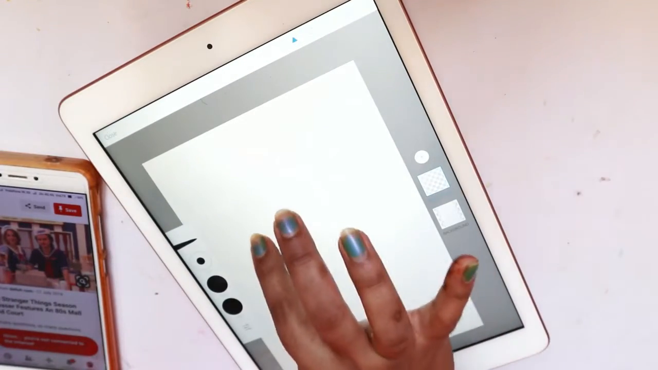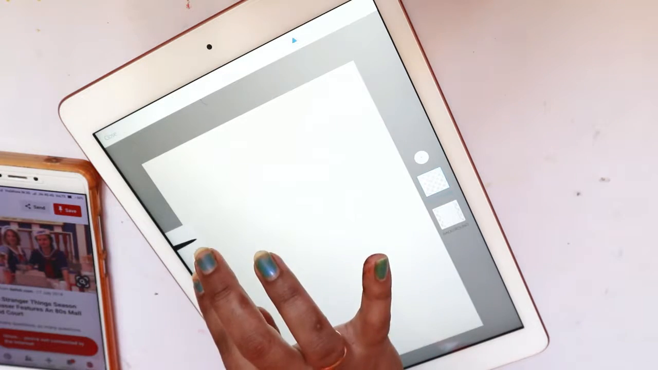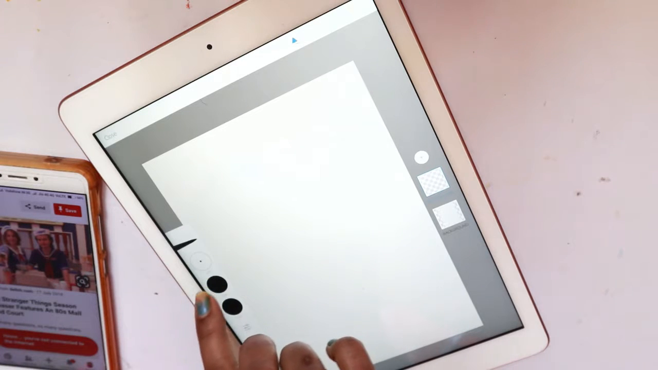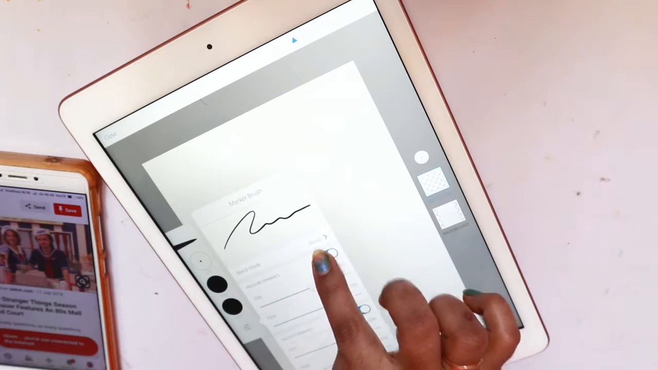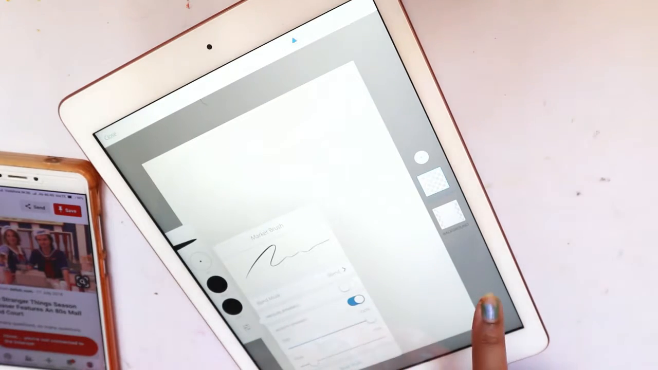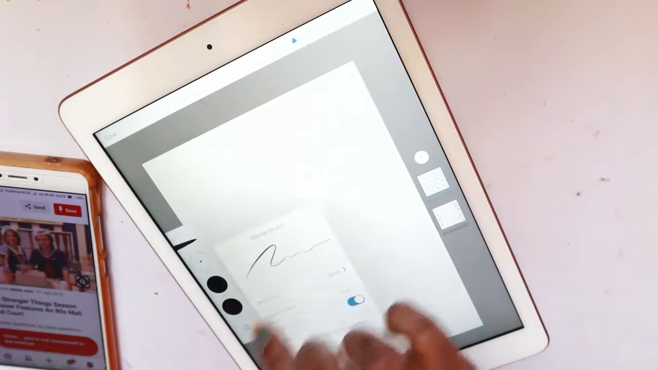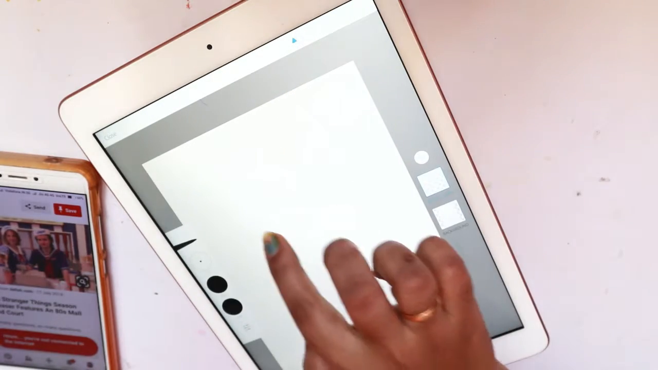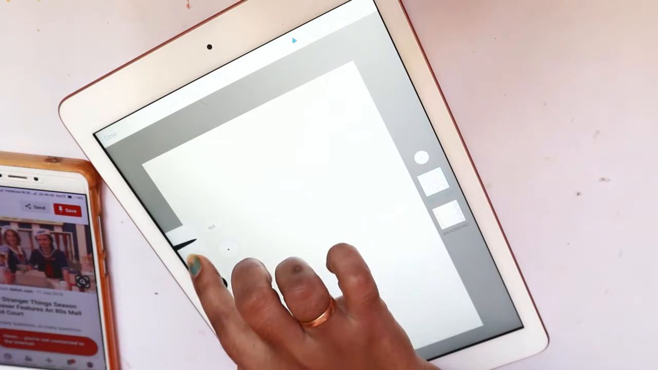So I prefer doing it tilted. This is the place where you can reduce or increase the size of the nib, and I'm using the 10 size. This is the place where you can change the way your brush looks. So I'm using the marker brush here, and since the shape of a face is a bit rounded,